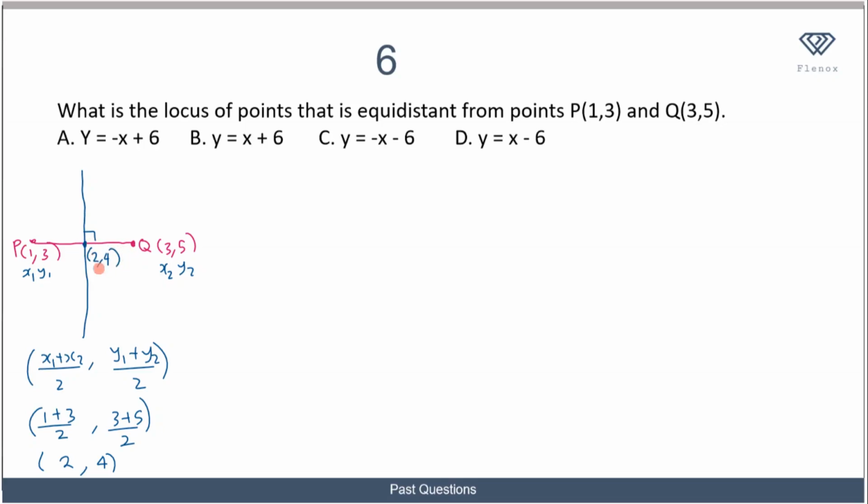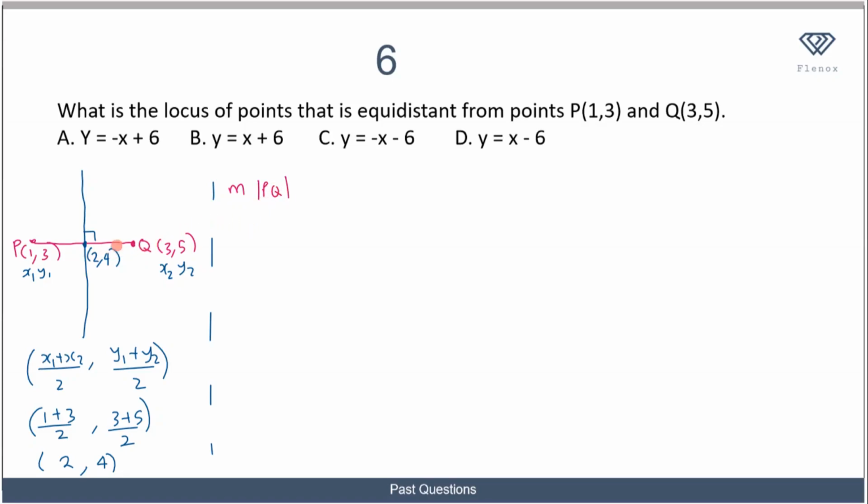Now the next thing we want to do is find the slope of this line. We know that this line is perpendicular to this line. So we can first try to find the slope of line PQ, and when we find the slope, we can apply our law for perpendicularity to find the slope of this line. So to find the slope of line PQ, slope M for line PQ,